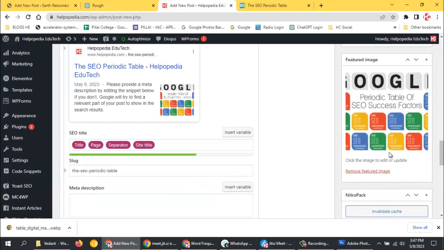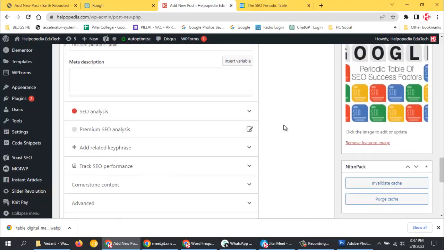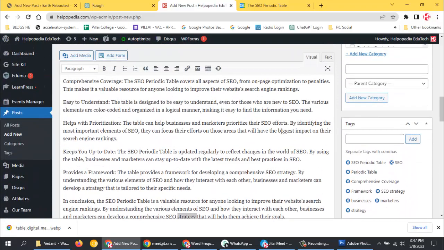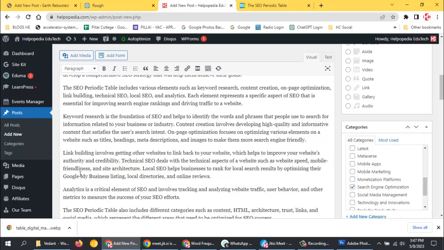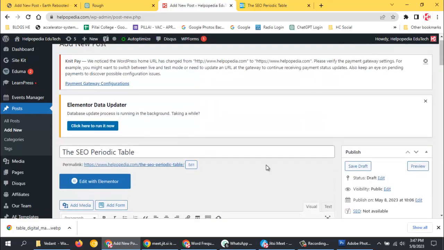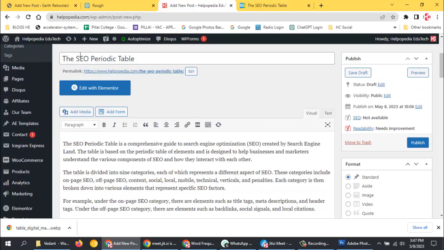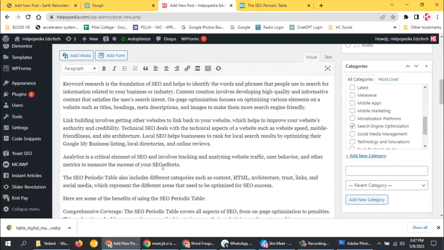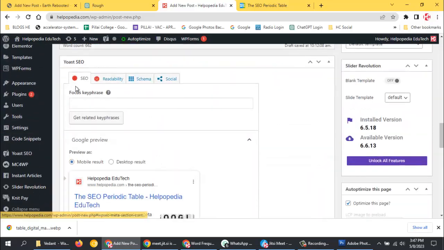So now that image has come up over here, and that's it. And now what we need to do is the SEO on it. So for that reason I need to select the focus key phrase, so that would be SEO periodic table. So I'll copy this and paste it under the focus key phrase of SEO,